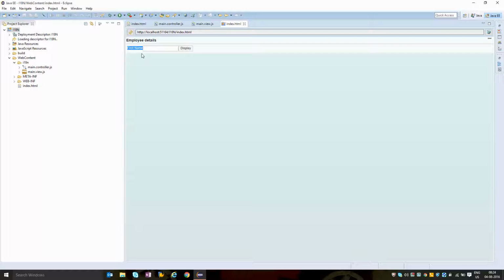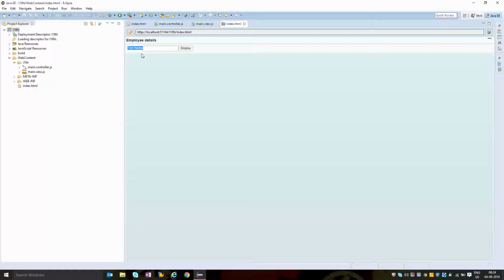Now, there are a couple of ways of performing the internationalization of your text, and one way is using the resource bundle, which is a static method using which you get the instance of the control and set the text. It was an older approach which I will be doing in a separate video, and in this video I'll be using the resource model in order to perform the internationalization of text.